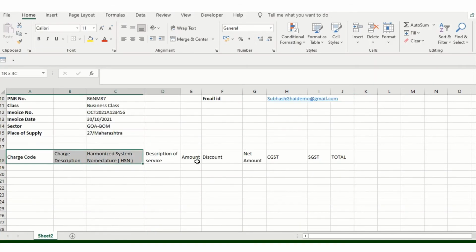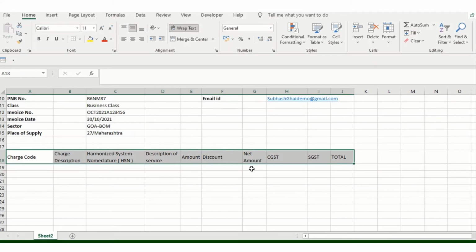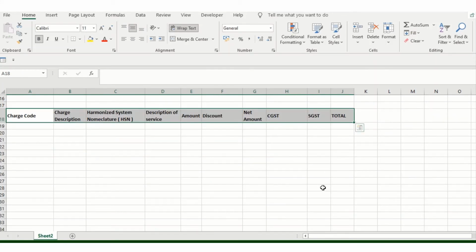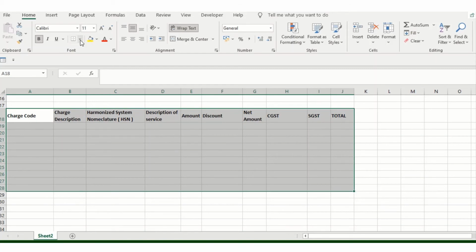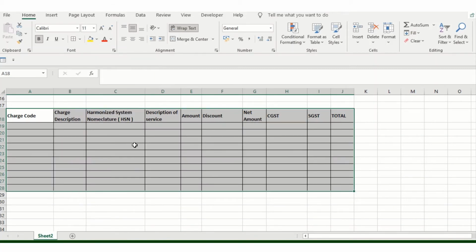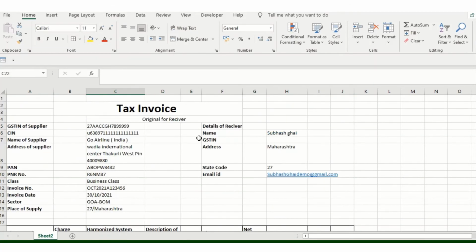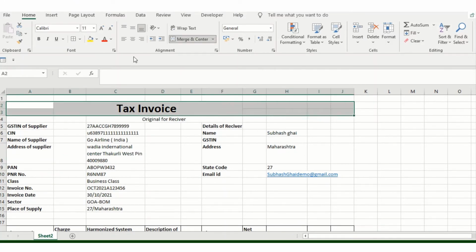Okay, and then what I will do, I'll just select this, make it bold here, and then I'll go here, click on all borders. Now if I can see the tax invoices, merge and center, again merge and center.